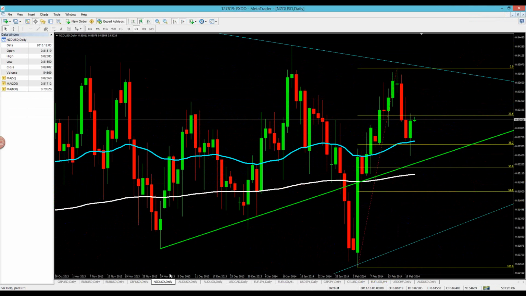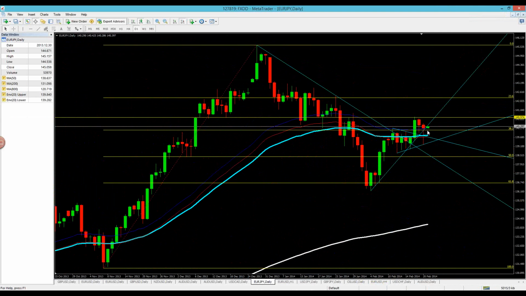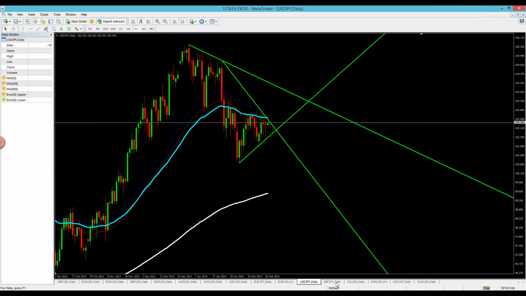New Zealand dollar and Aussie dollar are giving us a buy opportunity here. I think the euro yen is ambiguous, so I'm not going to call it. Although I can definitely see a bounce off 38.2 and a push upward on the euro yen as well. Dollar yen, we do have a bias, and currently on that it's going to be a buy. Pound yen is also going to be a buy, and that's it.